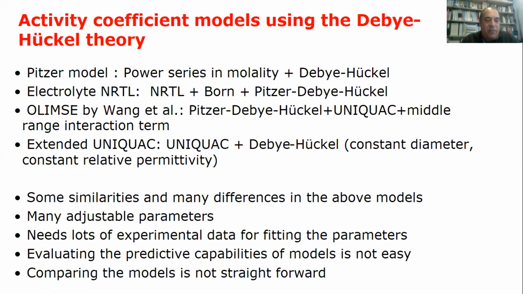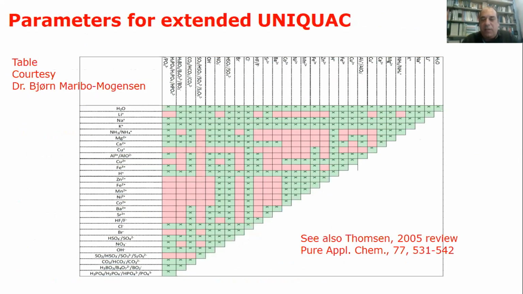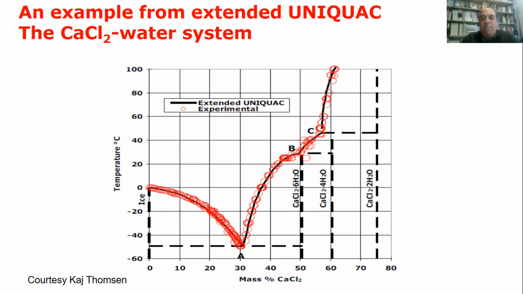Now, the Debye-Hückel theory is used extensively in activity coefficient models. The PIGER, the electrolyte NRTL, OLI, MSC, the extended UNIQUAC, all of them have the Debye-Hückel equation in one way or the other. Very, very difficult to compare those models developed in different ways. Some of them, like the extended UNIQUAC, have an extensive parameter table. Many of them